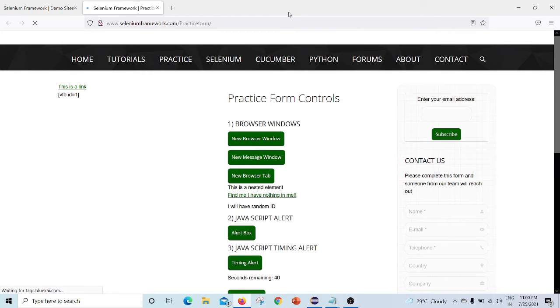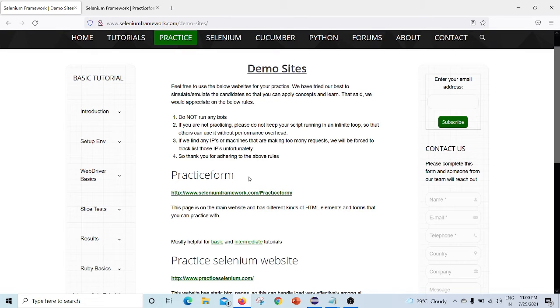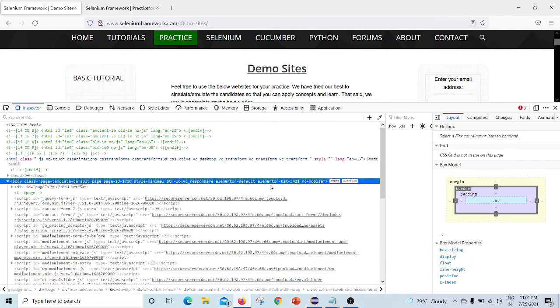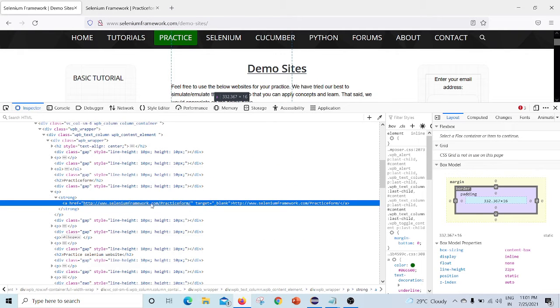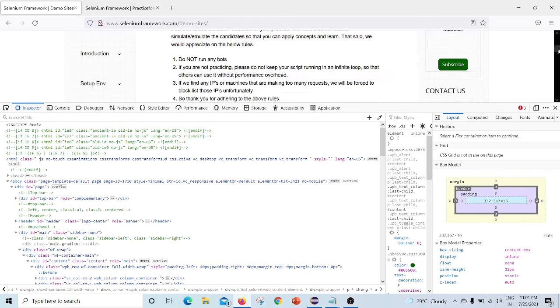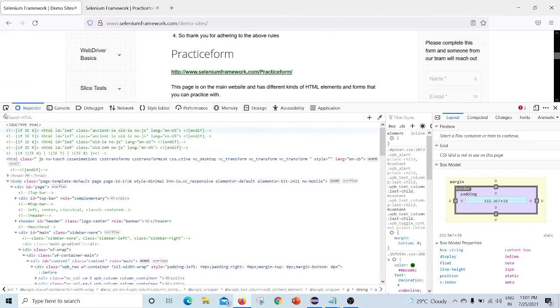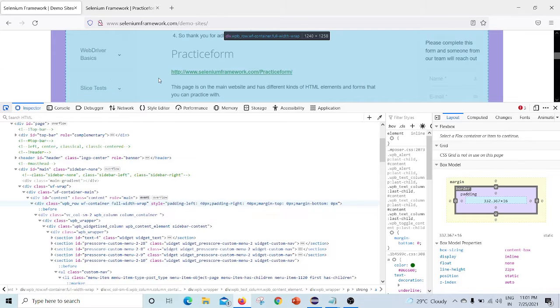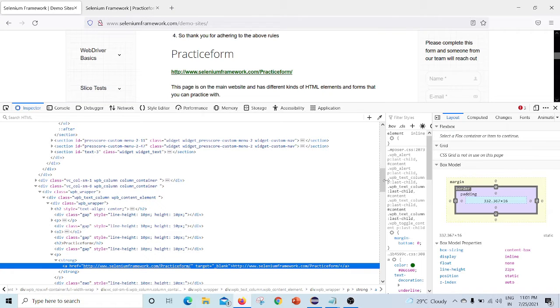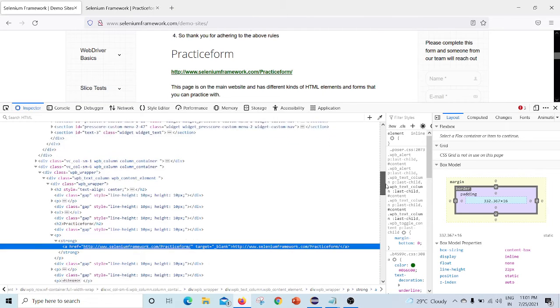I'll go to this particular link, hover on it, and click on inspect, and it will give me the XPath of that link. I'll click on this spy tool, hover on the link and click on it, and it will be highlighted down here.